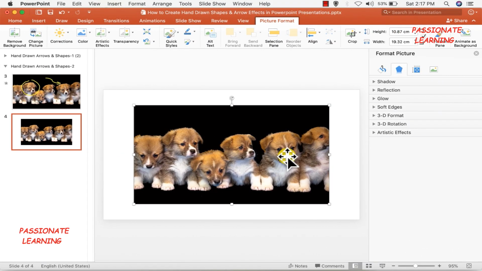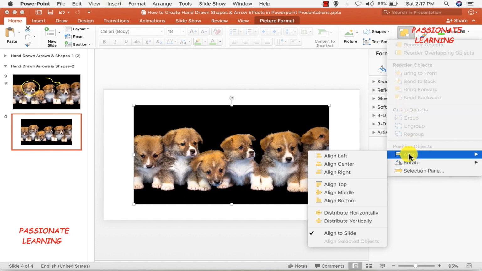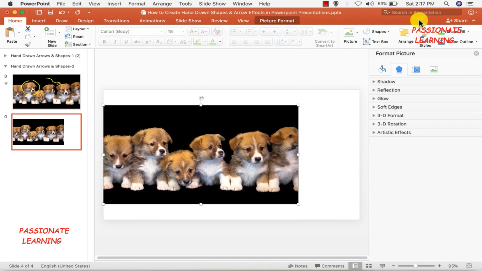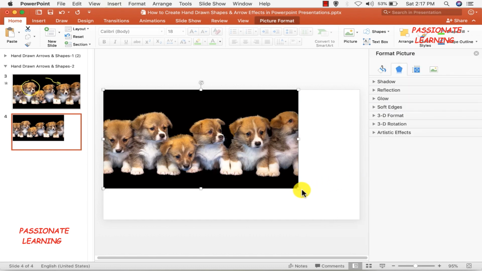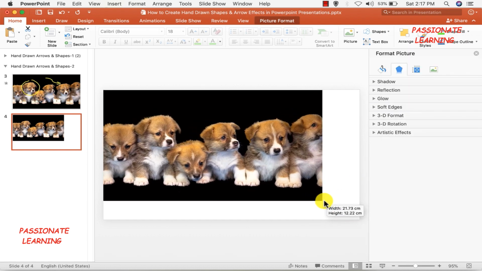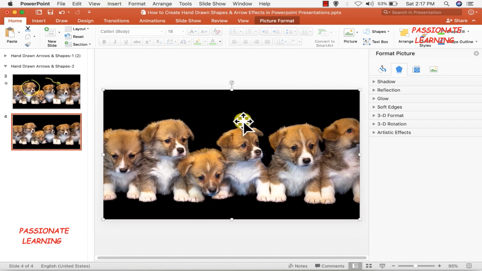Now the aspect ratio of this picture is 16:9. And then I need to make sure that this picture is aligned towards the top left hand side of the slide. For that I need to come over here to the home button and then here. And then I need to align it towards the left as well as align it towards the top. And after that I just need to drag this particular portion of the picture towards the end of the slide so that it covers the entire slide like this.